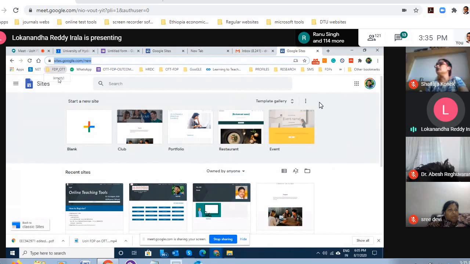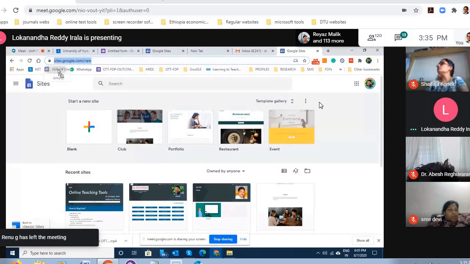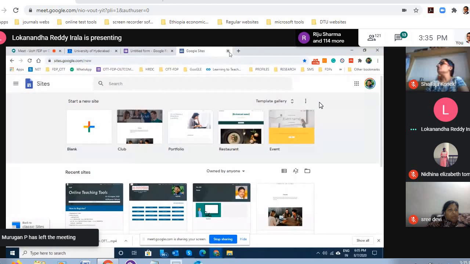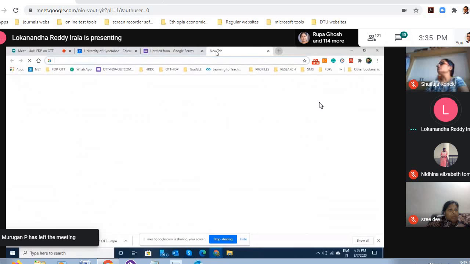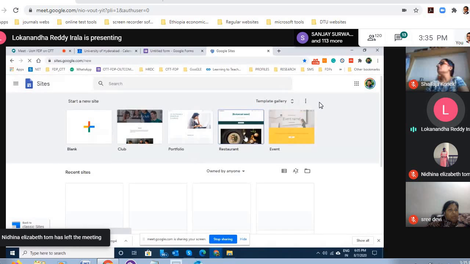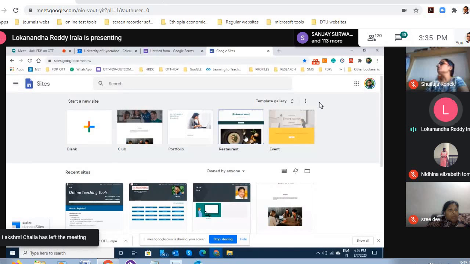In this folder, which is currently empty, the first thing I am doing is dragging in Google Sites. This means next time, anytime I want to go to the Google Sites page, I only have to go here and click Google Sites. You need not go to the 9 dots and all. It's very simple. Then let me create a blank site now.